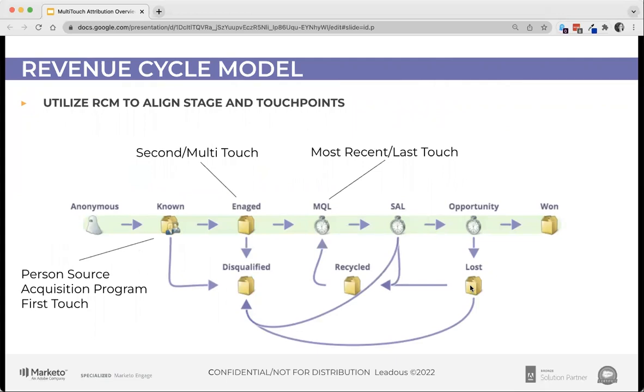We'll want to make sure that if you have the capability in Marketo to add a revenue cycle model, you do this. We call the revenue cycle model an RCM. You'll hear it referred to as this. The RCM not only shows the success path, the ideal path someone can take on their way to an opportunity,